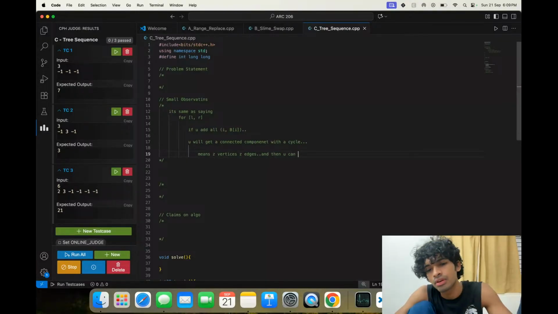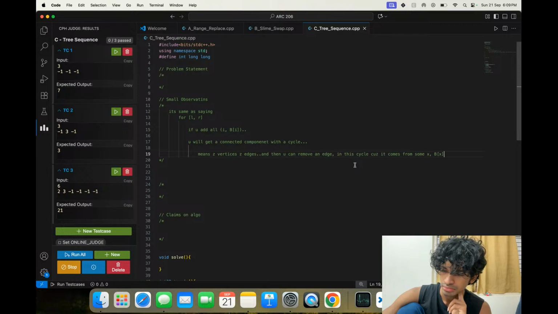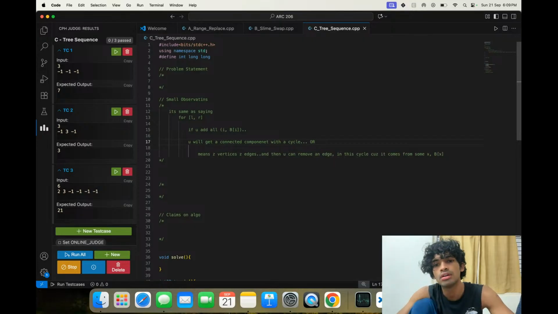And then you can remove an edge in this cycle because it comes from some x comma b of x, and then you remove that. So this is what it means. Wait a minute. Or an outgoing edge. So it's either a cycle or an outgoing edge.